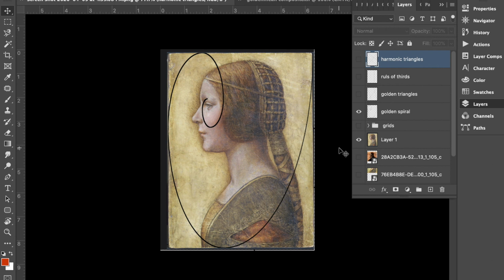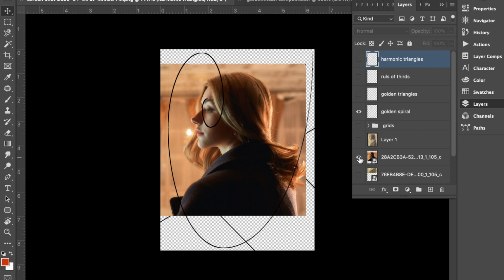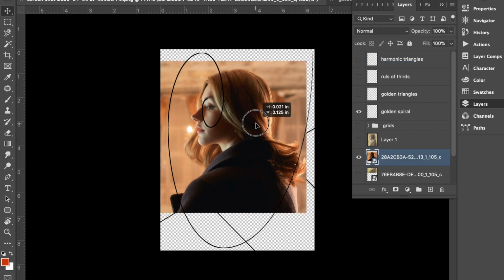So if I want to do a modern day version of Princess, I will need to put my lady's eye right in that same spot. So I've already loaded her. I'm going to close this and put the eye on that. And there she is. Just a hair. Now then,